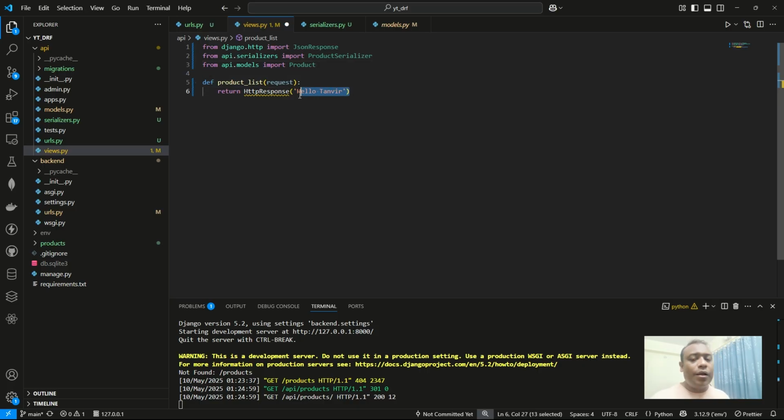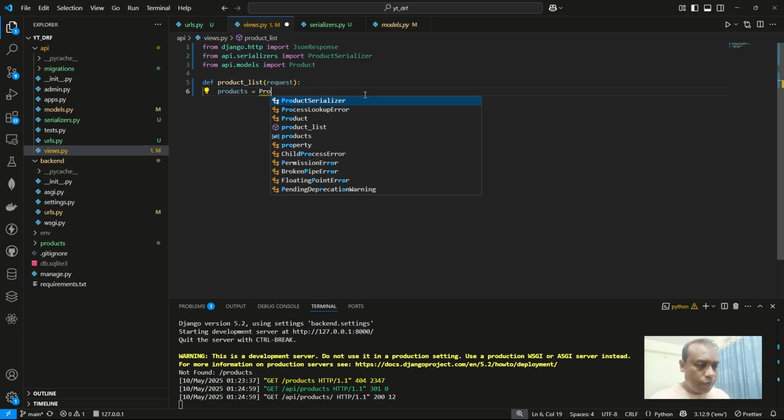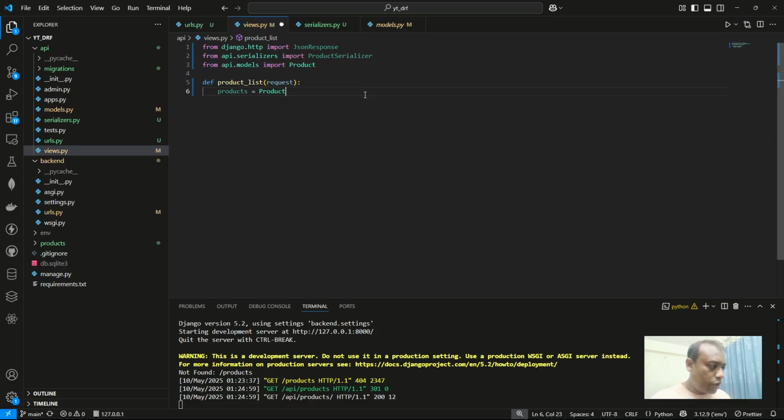Okay, so in this views file, initially I am going to show you the function based view. Later I will show you the class based view. Most professionals actually use class based views, but right now I am going to show you the function based view. Now let's remove this line, and first we create our query set for the products, is equal to Product.objects.ob